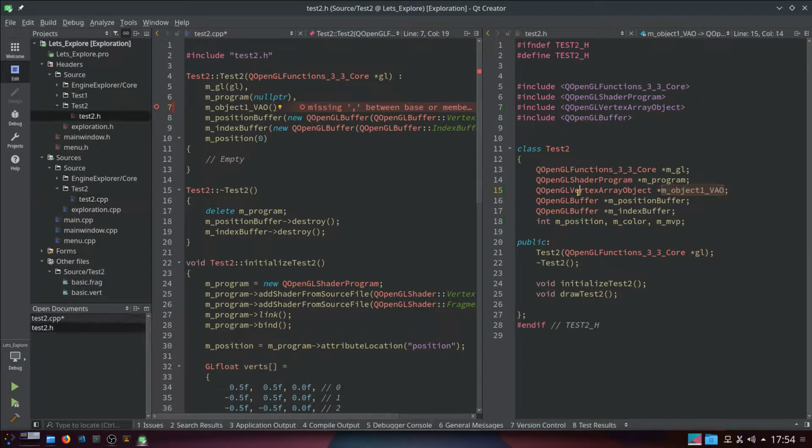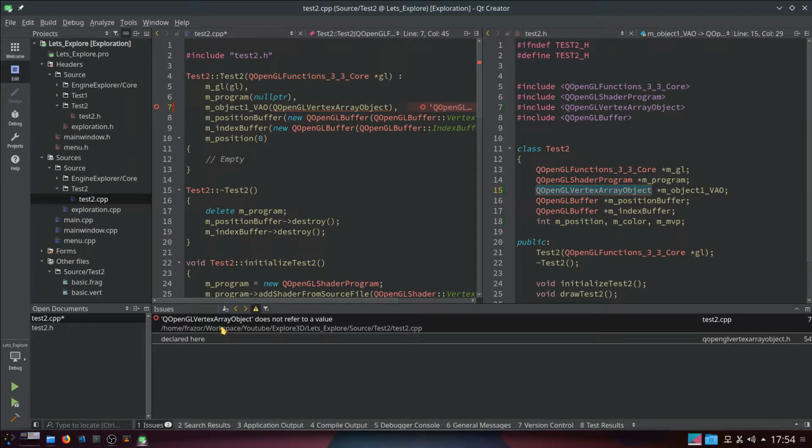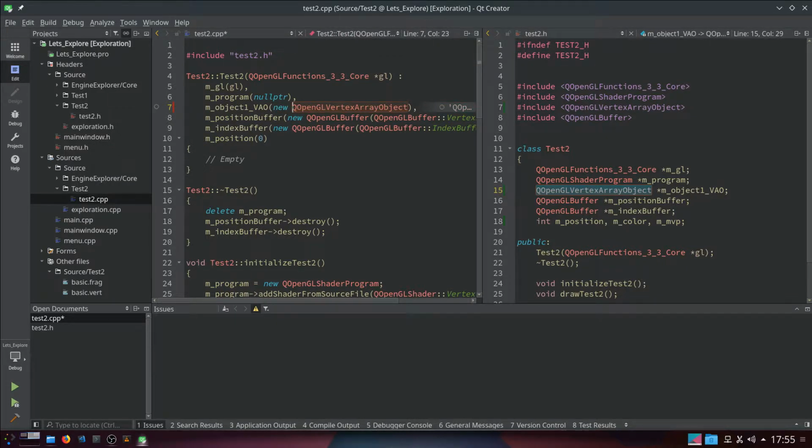OpenGL Vertex. Oh, the easiest way to do it is copy that. Pop that in there. Go outside of the brackets and put a comma. Is that okay with you? No, it's not. Why not? What is it actually saying, the issue? It does not refer to... Oh, that's right, yes, it's a new one, isn't it? So, new, yes, good idea. Let's new it all up, which means